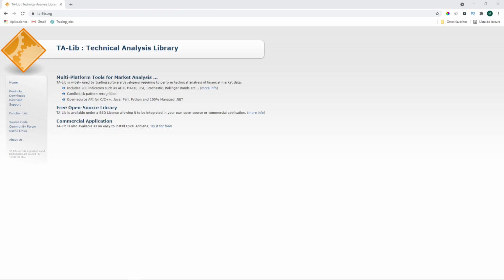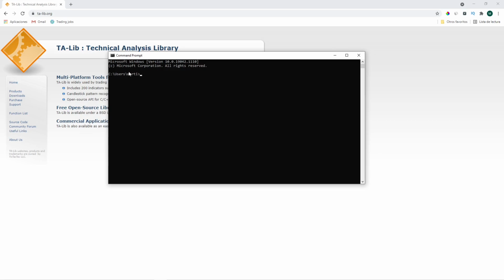Okay, so the first thing we have to do is check out which version of Python we have and also which version of the operating system we also have. So in order to check the Python version, we'll open a terminal and write python --version. As you can see, I have Python version 3.8.8, and now I just have to check which Windows version